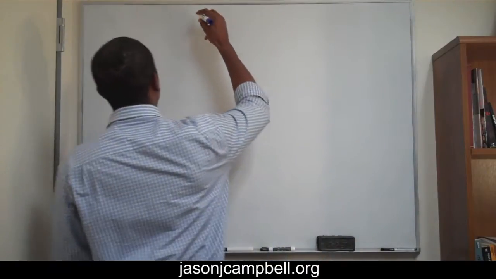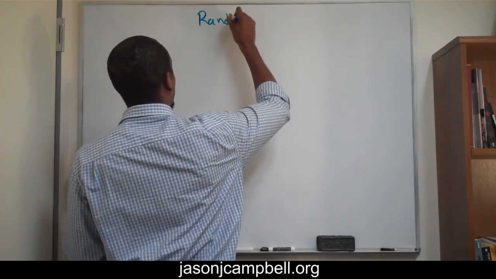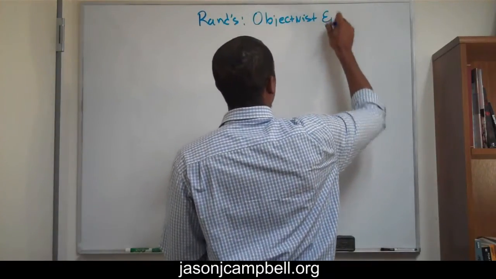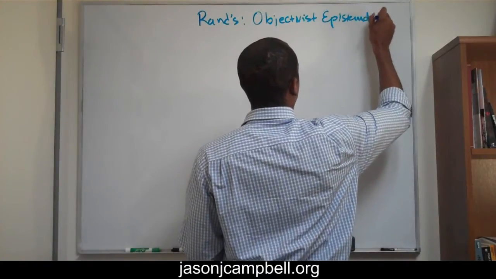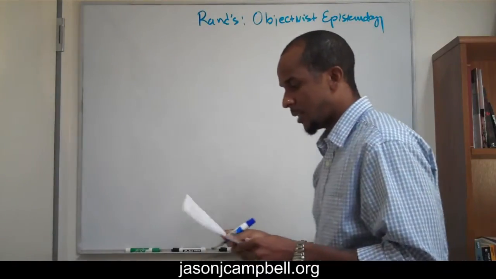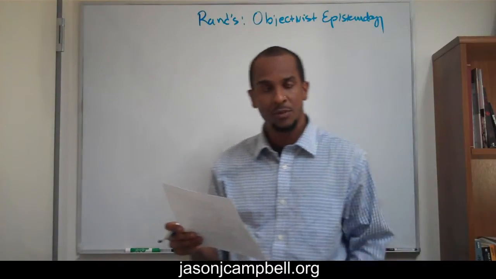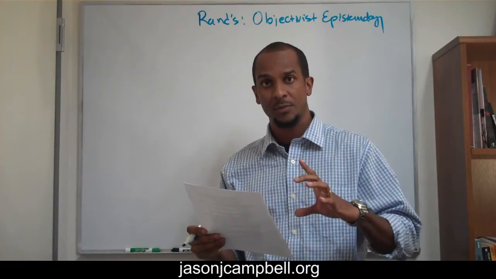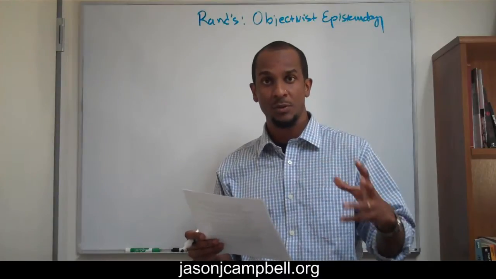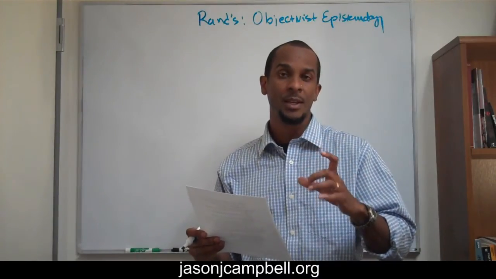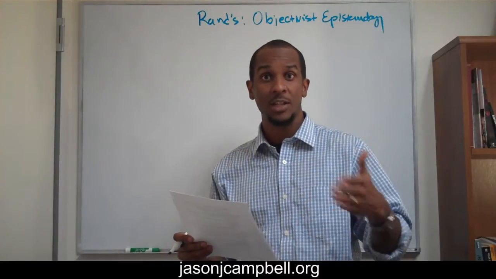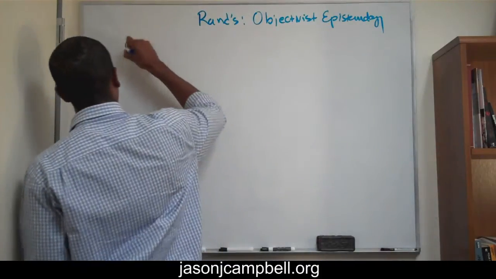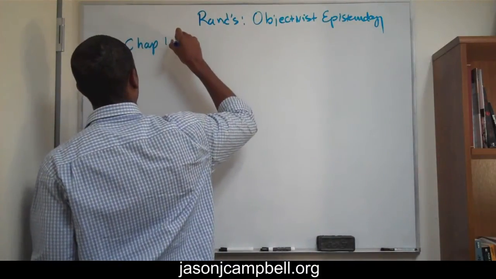Okay, so this is Rand's Objectivist Epistemology. The first chapter is very short. I'm not going to be able to go through the entirety of the first chapter in this first video. It'll take me two videos, because I want to take time and make sure that we understand the terms that she's using and the implications that they have logically. The first chapter is entitled Cognition and Measurement. So this is chapter 1, section 1.